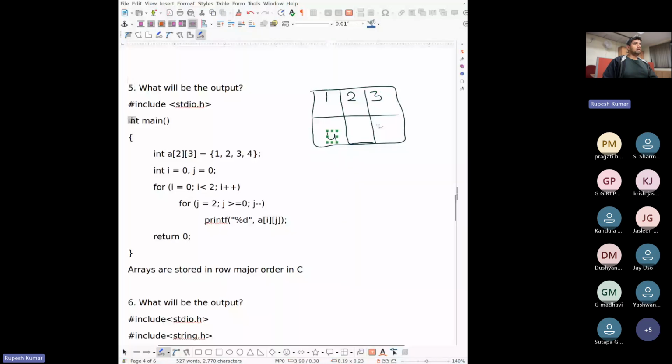Now you don't have the remaining 2 values. So what will C do? It will insert 0 here. So this will be the final array that you will get. This is the final two-dimensional array that you get when you declare this variable array A and assign the values 1, 2, 3, 4 to this.